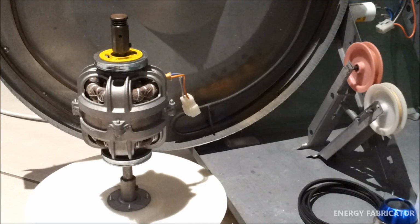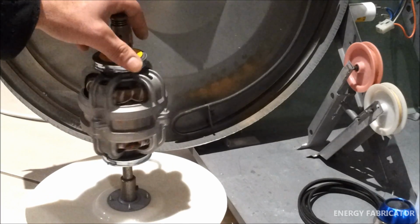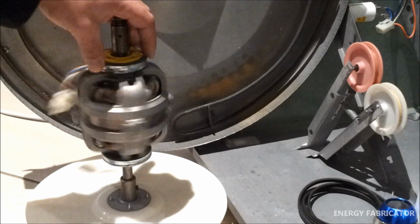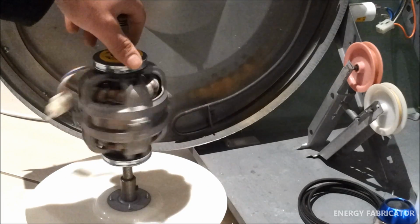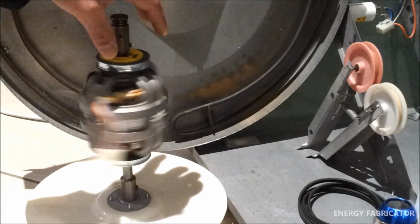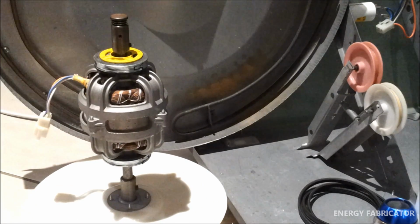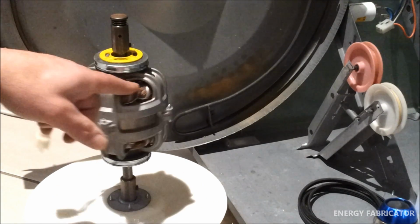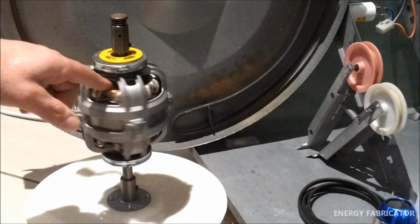Now if the work that you're doing involves removing the drum for whatever reason, you're not too far away from getting to the motor, so it's always a good idea to remove the motor and inspect it. The main thing I'm looking for here is bearings, making sure it's running freely, and the other thing is more of a preventative maintenance idea, but just check inside there and check on the rotor, because the rotor will